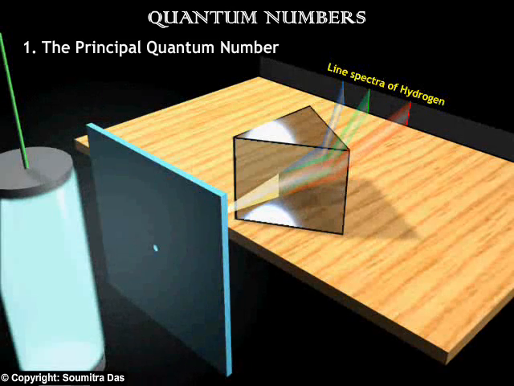The quantum numbers. There are 4 quantum numbers. Number 1. Principal quantum number. It was the consequence of the study of the line spectra of hydrogen gas by Niels Bohr, where it was